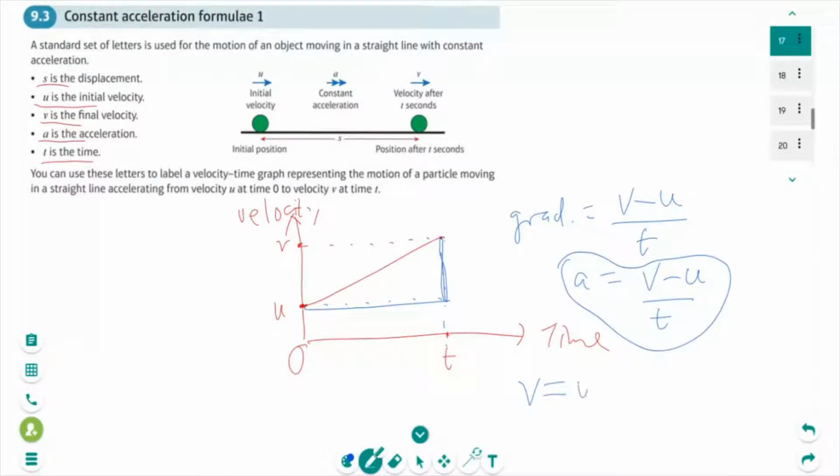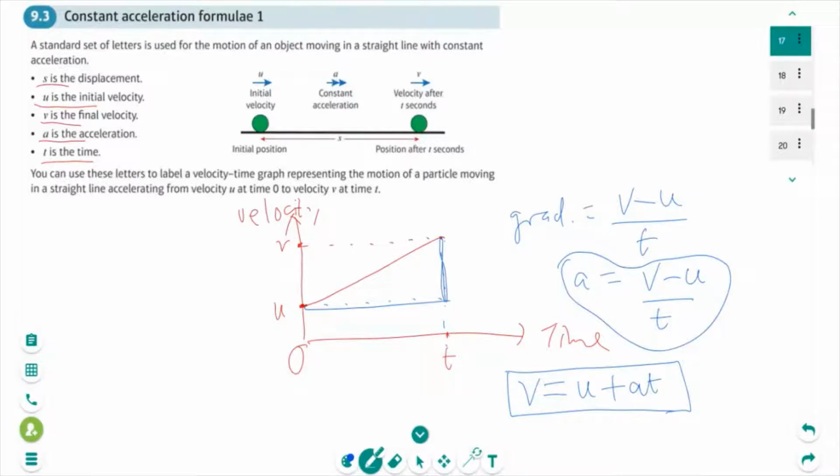That's one of the formulas which is given to you in the formula book. In the mechanics section of the formula book, you're given 5 formulas. This is the first one: v equals u plus at. So that's the first SUVAT equation. The second one,